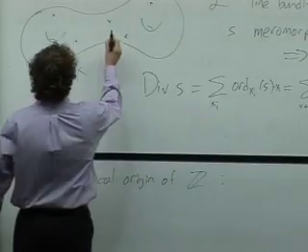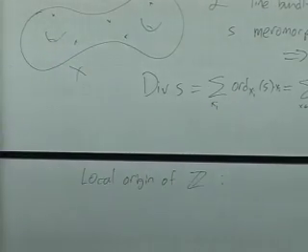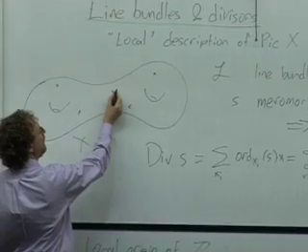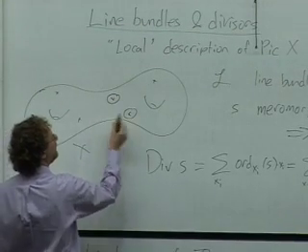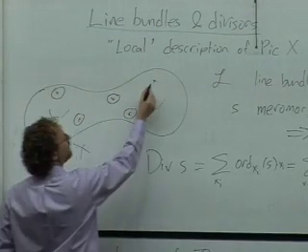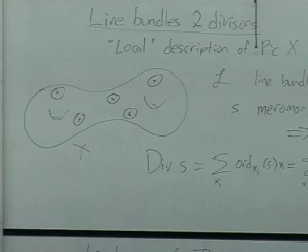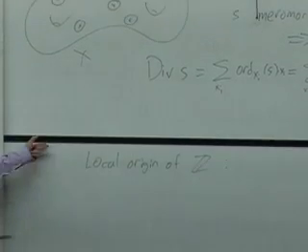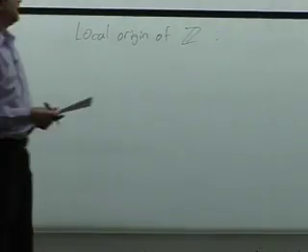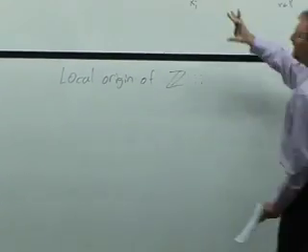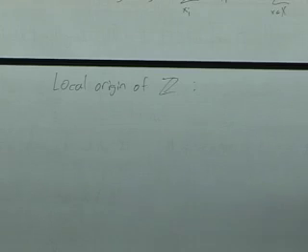I can trivialize my line bundle away from these finitely many points, but I can certainly also trivialize the line bundle in a small disk around every point. So I'm going to choose the data of a trivialization of the line bundle on a small disk around every point. So now we need to come to terms with what we mean by disk. And different people will mean different things by disk. So I think it's going to be safe to think of these disks as complex analytic disks for all purposes.